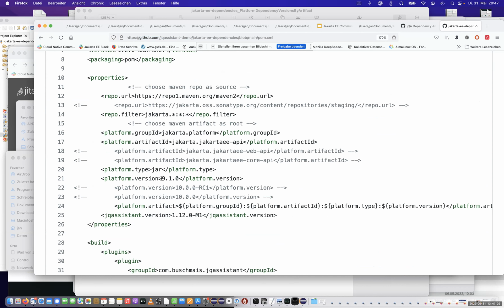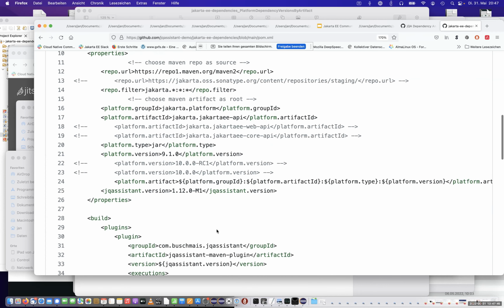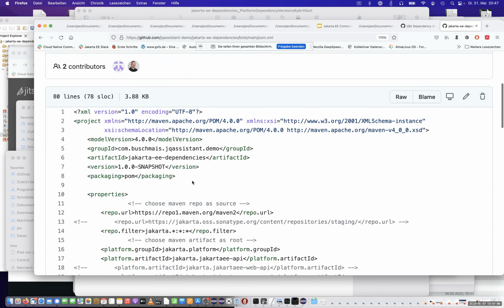Then the type and the version. And here you define the repo where you want to fetch the releases. This is Maven Central, and that's the staging repo of Jakarta EE. And then you simply run it as with Maven.